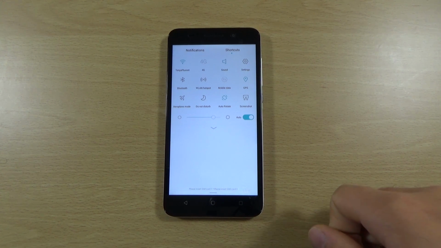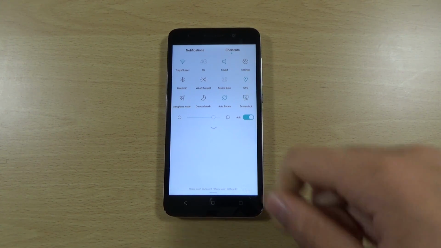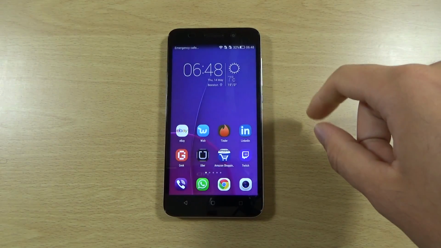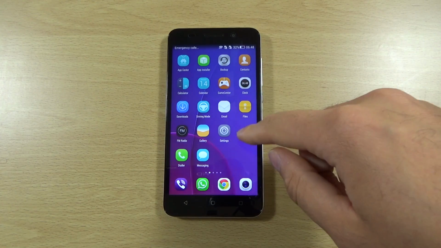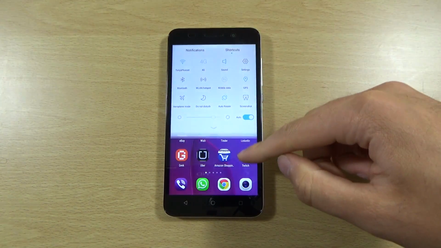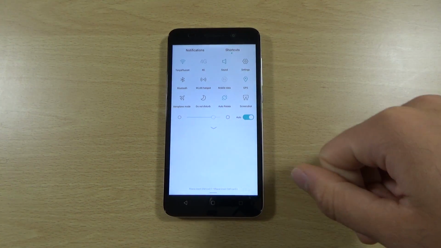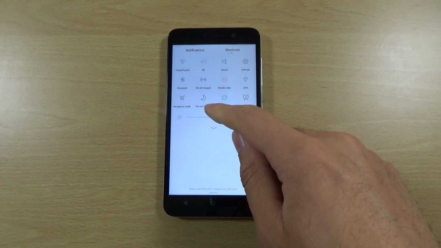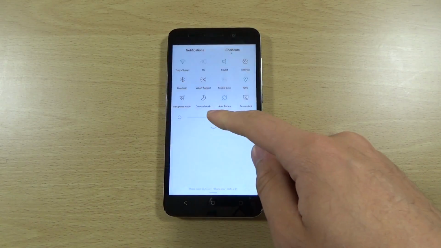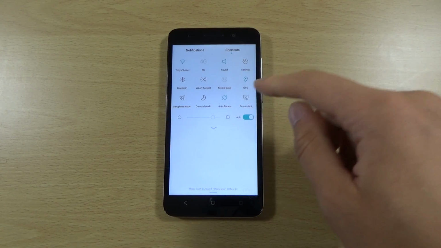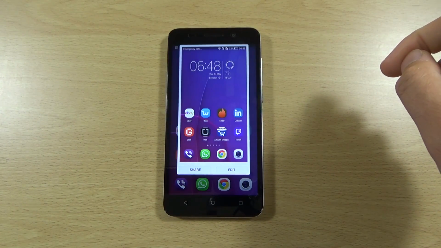look at it, to me it looks very much like iOS in terms of the cleanness of it. I think quite a lot of these manufacturers are following iOS, obviously Xiaomi as well. You can see here we have the notification shade, which gives you quite a lot of access to different stuff. We do also have a brightness slider here, which is very useful, and we have the ability to quickly take a screenshot as well,